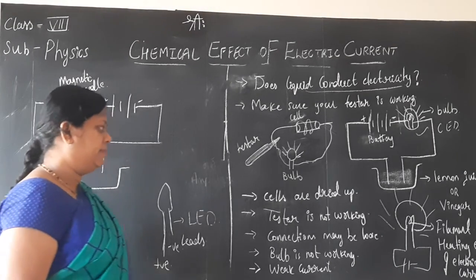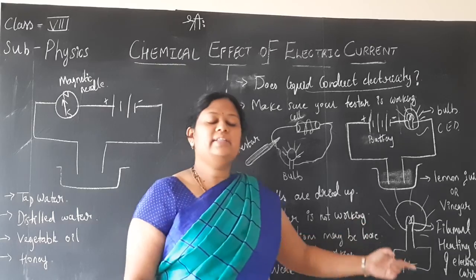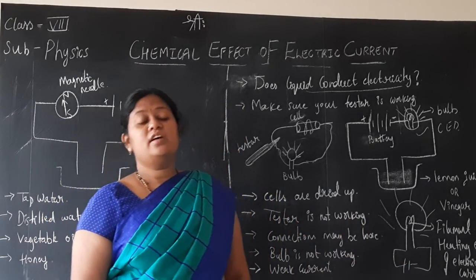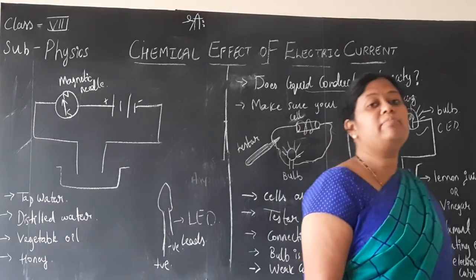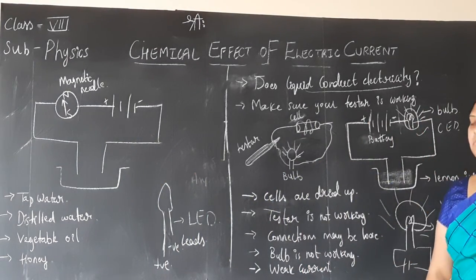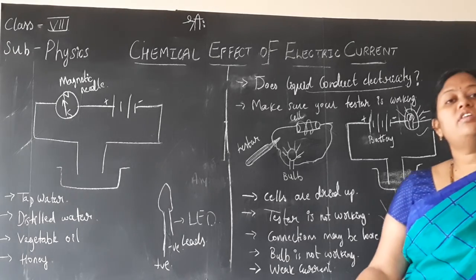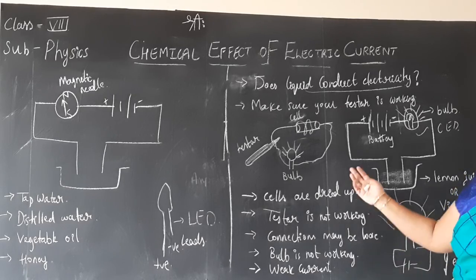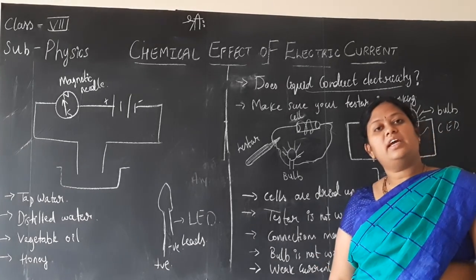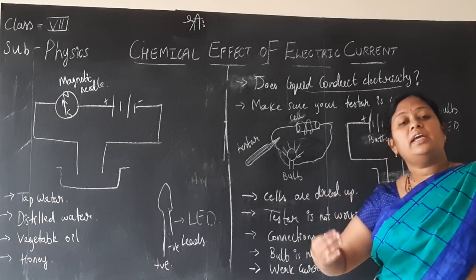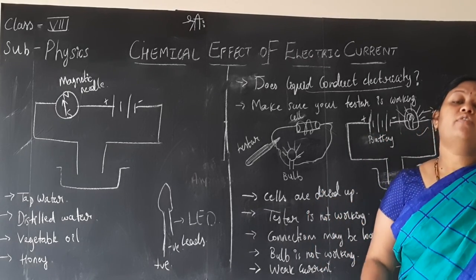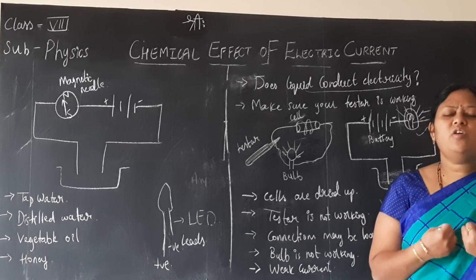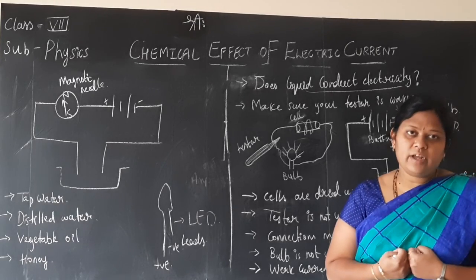This is one possibility. And we said already the tester is not working. Why may the tester not work? So children, even this tester may have the same property as that of the bulb. Maybe the current is not sufficient for the bulb to glow in the tester as well. In that case, how to detect the presence then? We will create one more tester which can detect the small amount of current as well.